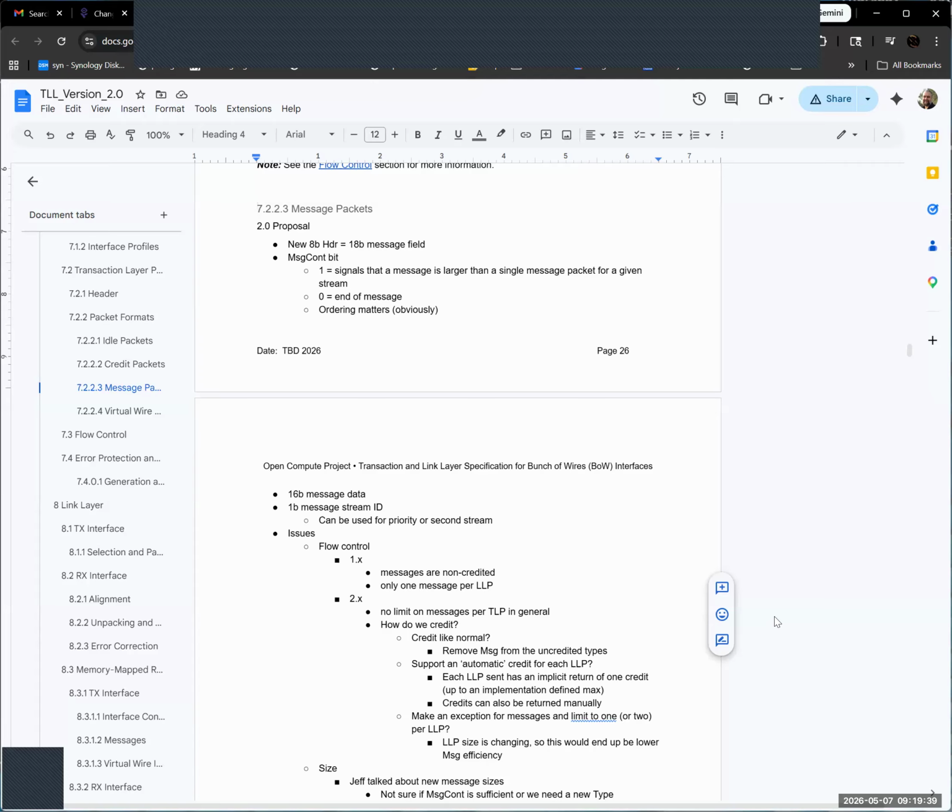I'm working on the transaction layer stuff, and I'd like to get that streamlined first, because regardless of whether we do a larger LLP, it's something we need to sort out. These corner cases aren't tied to the LLP size, but eventually we'll have to decide on the LLP size, which comes down to implementation cost.